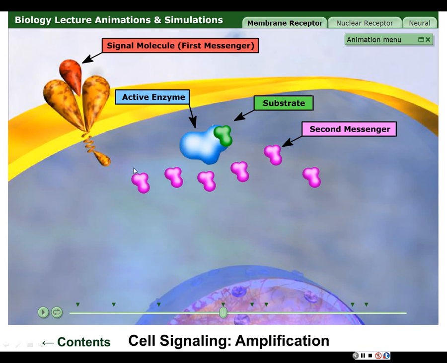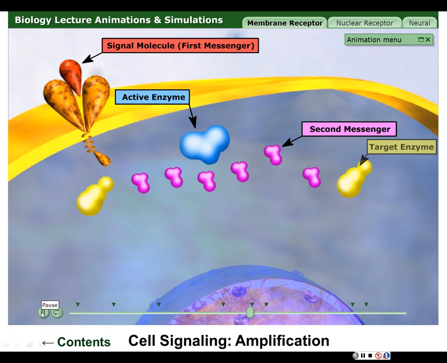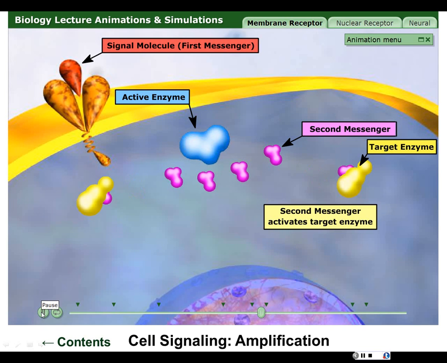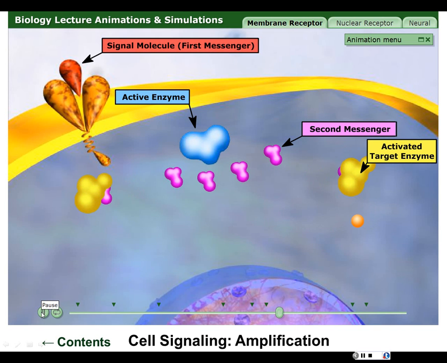Each of those can do their own work. So we can begin to see an increase in output in this case. And this yellow would be our protein kinases. Okay, so cyclic AMP can activate those, and those enzymes can then go on and do their work. So although it's just showing a few, right, 2 of the protein kinases, okay, add 4 more, and you can begin to see how the response is amplified.